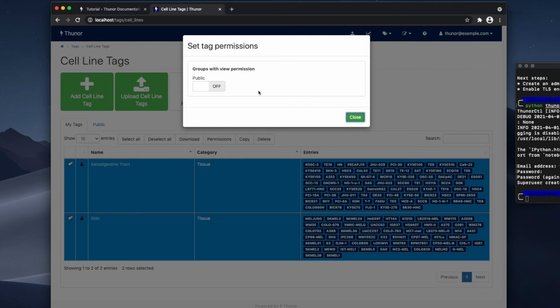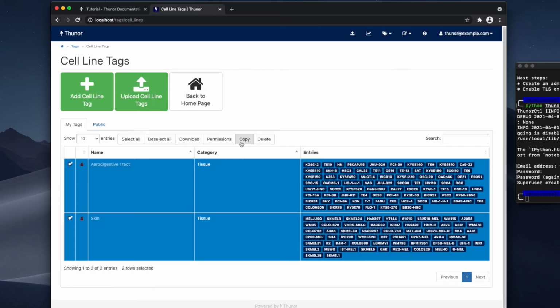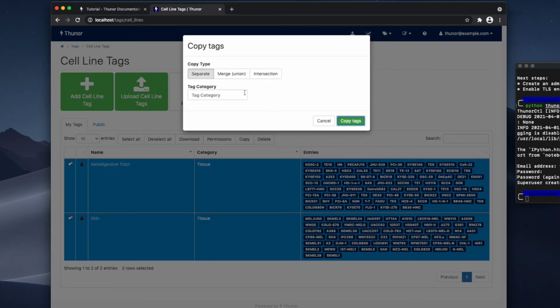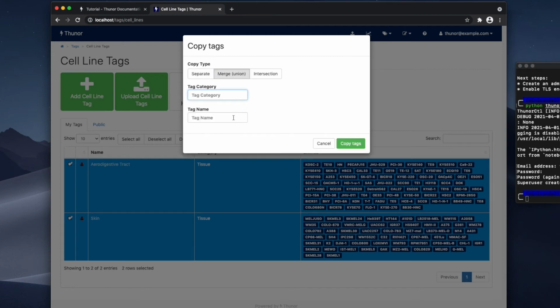So if you have multiple users that are working in different labs, you could add those as separate groups within the system and share datasets and tags with them. So you can also copy these tags. So if I wanted to create a skin and aerodigestive tract tag, I could just merge those and create those